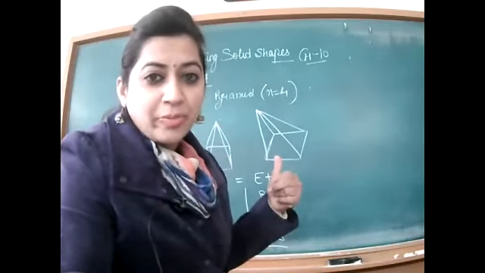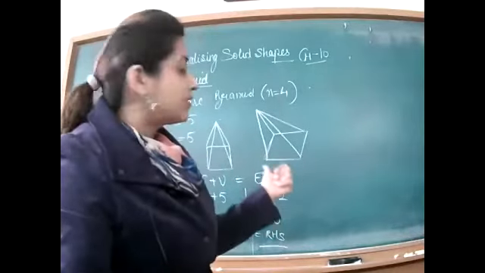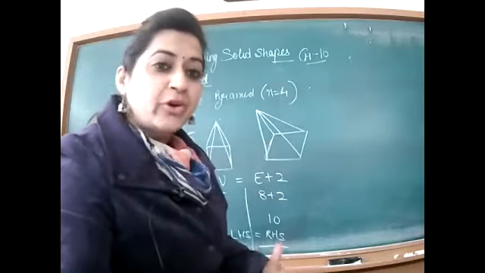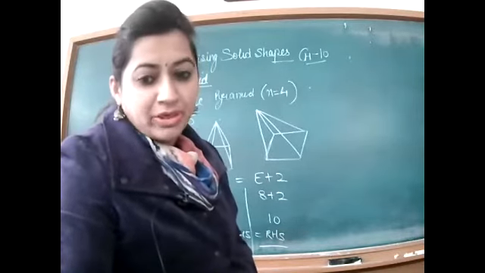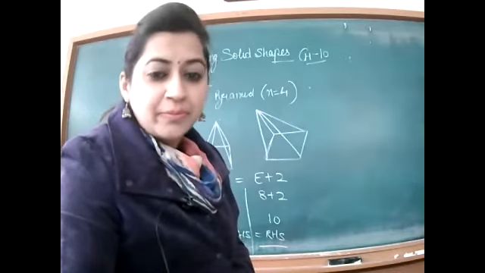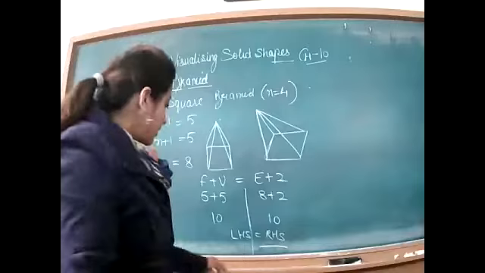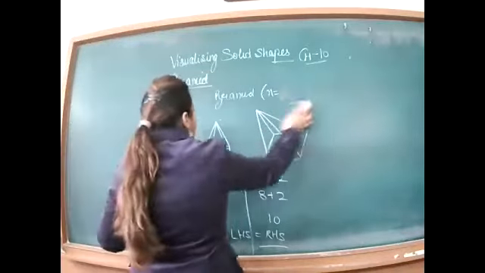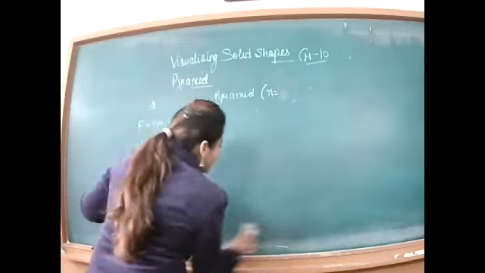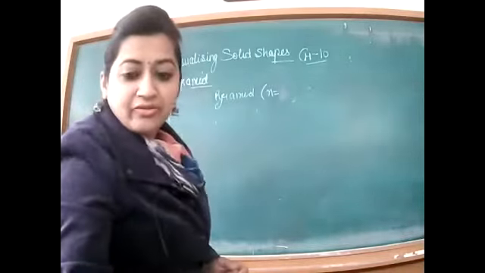Any doubt in this topic? We have discussed two types of polyhedron, one is triangular and another is square. You can draw in the same way. You can draw pentagonal pyramid also. So let's try that. Start with pentagonal pyramid. In case of pentagonal pyramid, you will again take the number. How many sides does a pentagon have?